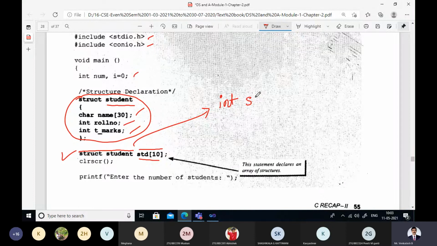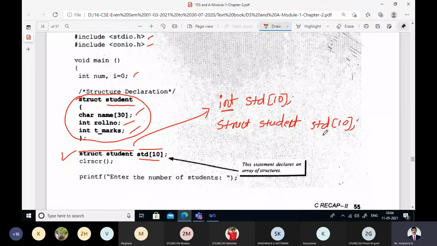Now what does this statement, struct student std of 10, indicate? In the first line, std is an array of type integer. Here std is an array of type struct student.